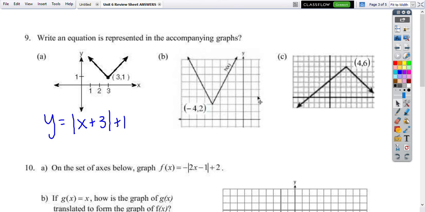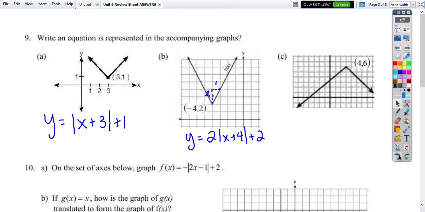All right, second one. Here's our graph. So once again, we're moving left 4 and up 2, okay? And also we can see that this is actually going up higher. It's supposed to be going 1, 1, 2, 2, 3, 3. It's supposed to be going on this line, but instead it's going up 2 and over 1. So that tells me that there's a vertical stretch of 2 here. And then I'm moving to left 4, so that's x plus 4, and then up 2, so then plus